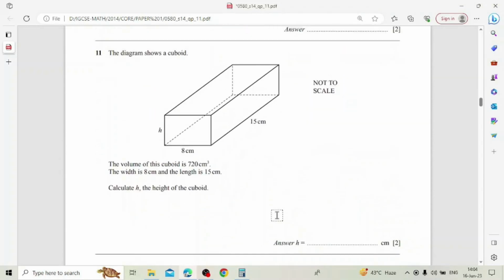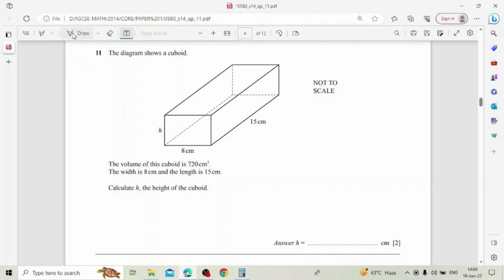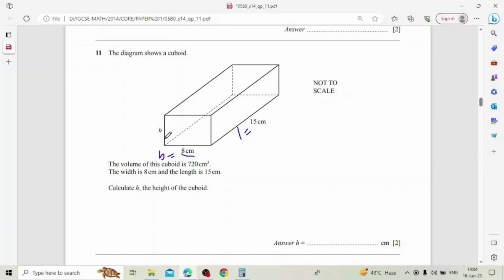Now, question number 11. The diagram shows a cuboid, yes, with all these measurements. The width is 8 over here. Width or breadth we call it. That's 8 over here, and the length is 15. L is equal to 15 centimeters, which is the longest side, called the length, and the rest, the standing one, is height, and this is the breadth or width. Calculate the height